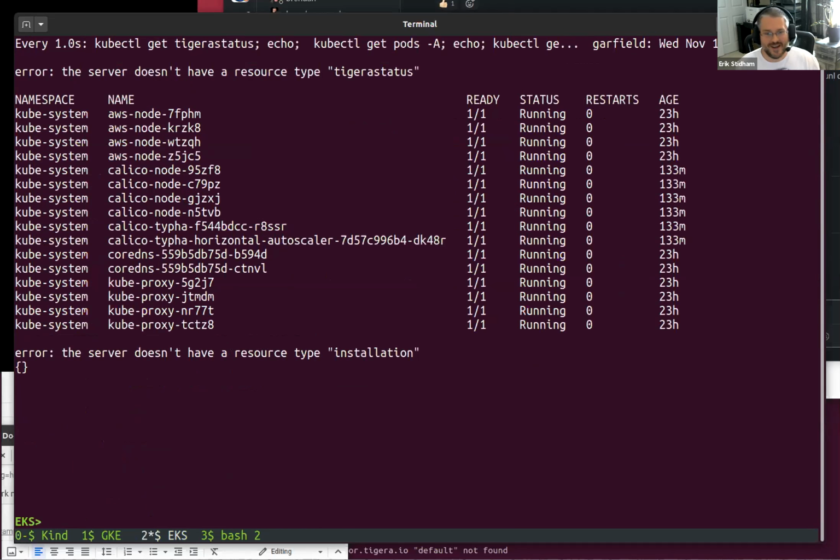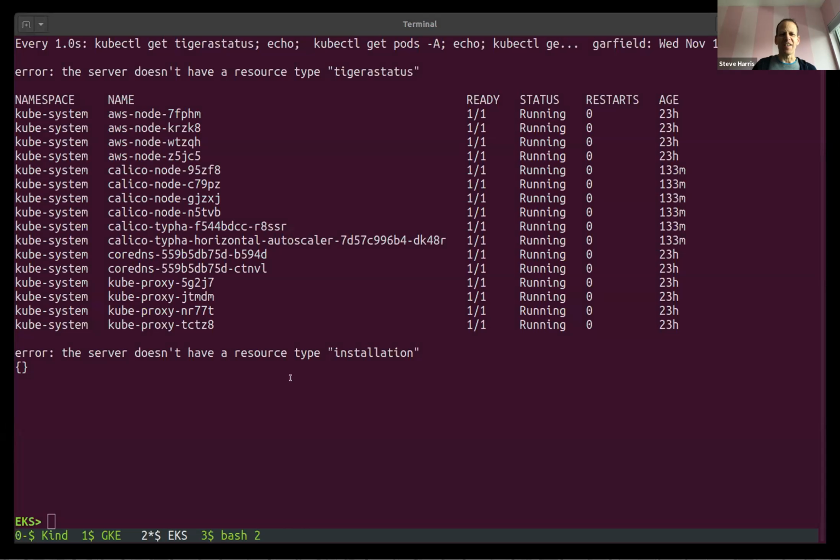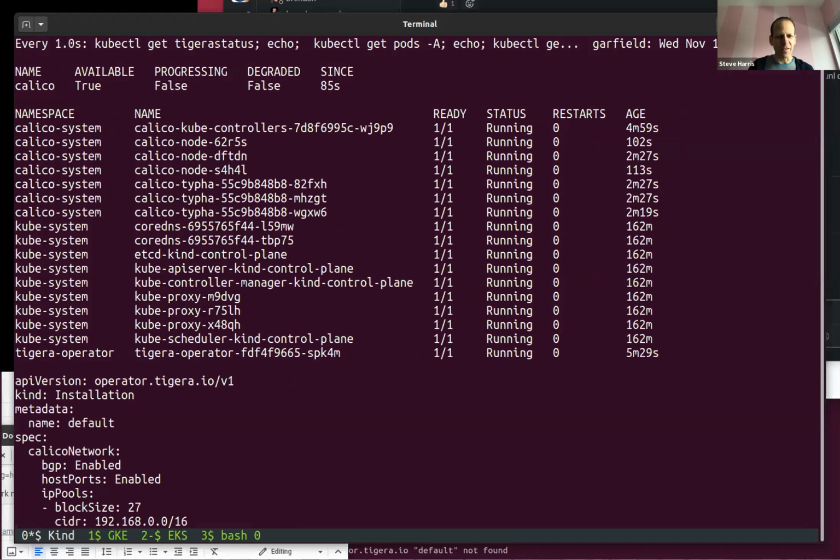Question, Eric? Yeah. I saw the Typha pods there. Sorry, that window you just showed. Sorry, I maybe skipped. So I'm back on the kind cluster one. I was going to ask you, maybe you'll answer this, about scaling the Typha pods with the number of nodes in the cluster, whether the operator takes care of that.